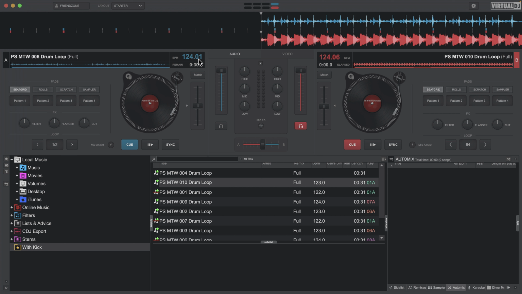Now, this is fine. Really, keeping it within 0.1 is going to be pretty good. Eventually, over time, it will go out of phase, even with a small difference like 0.05. But for most purposes, that's pretty close. So let's see what happens. I'm going to start this track.